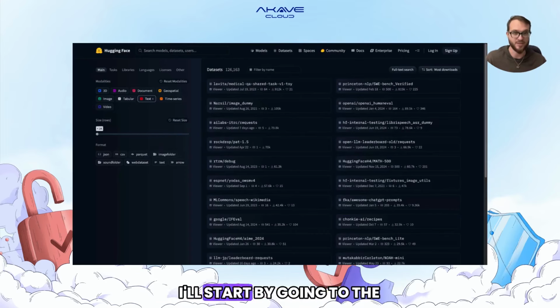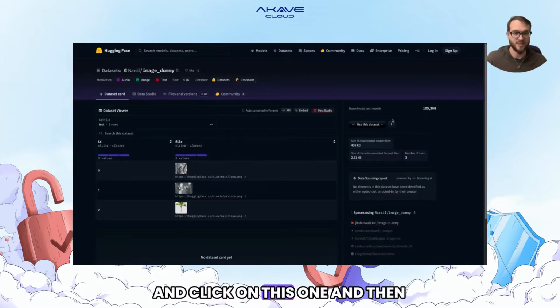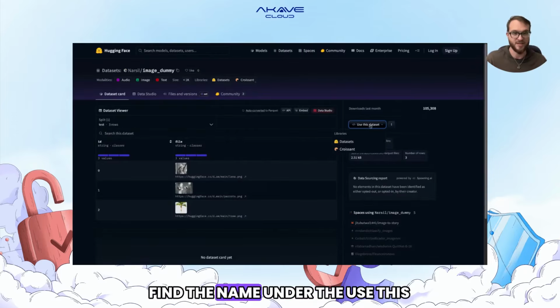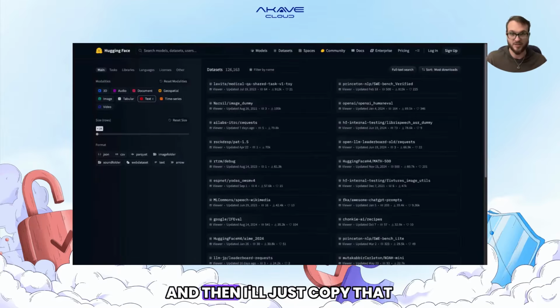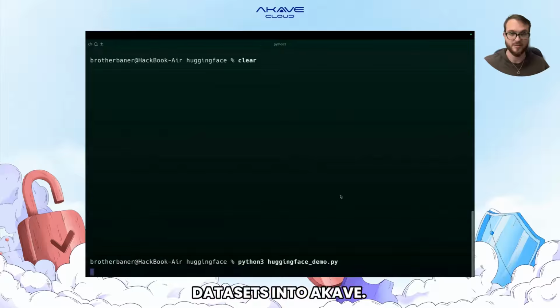To do this, I'll start by going to the Hugging Face website and finding a dataset that we want to use. We click on this one, and then find the name under the Use This Dataset section, and then I'll just copy that name. Next, I'll come into the terminal and run a Python script which allows me to copy the dataset from Hugging Face's datasets into Akave. Code examples can be found on our documentation website,